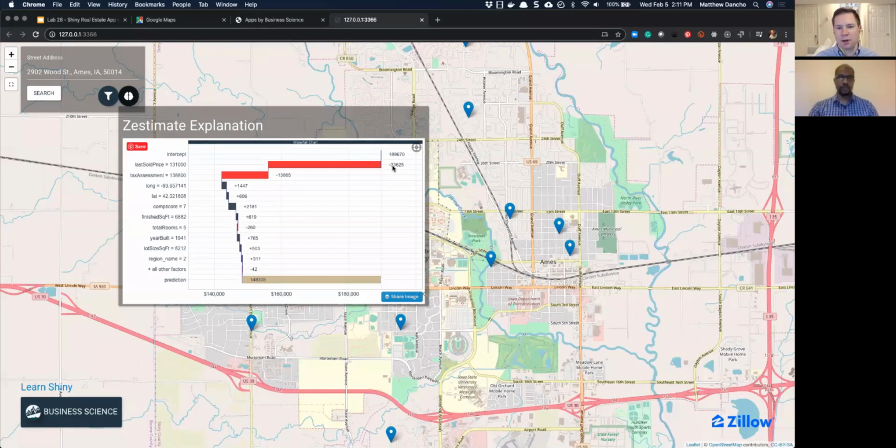That drops it by $33,000. And then the most recent tax assessment was pretty low, so that drops it another $13,800. And then you can see that there are some locational features that help to increase the price. The square footage and the comp score increase the price, and so on. And then the final price for the prediction is